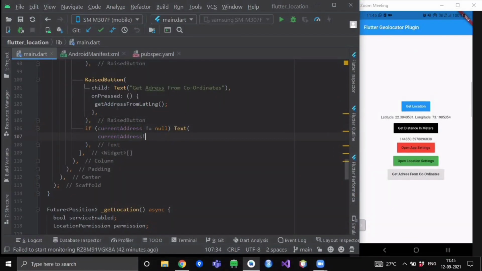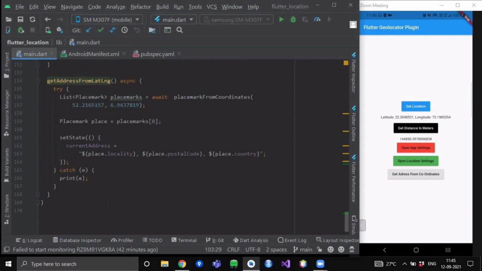Over here we will go to our get address from latitude and longitude method. As you can see, this is also of a future return type, so we have made this function async, and we have written this method inside a try catch block. For fetching the current coordinates of the current position, we have used our geolocator package. You can also use the geocoding package for the same function, but since we have already used geolocator, we are going to use the geocoding package just to fetch the address for a particular coordinates.